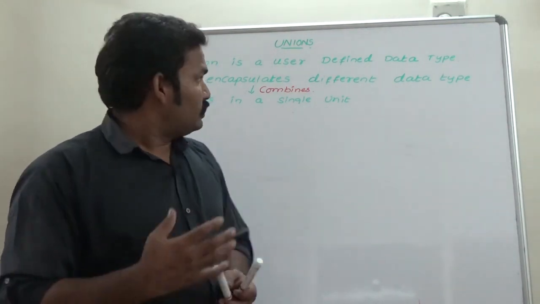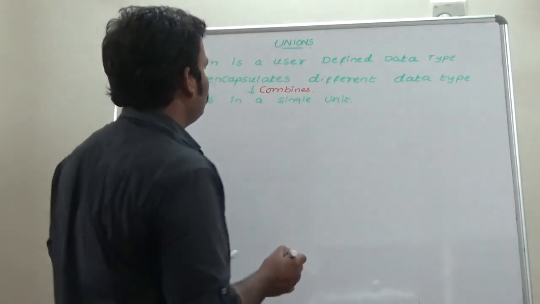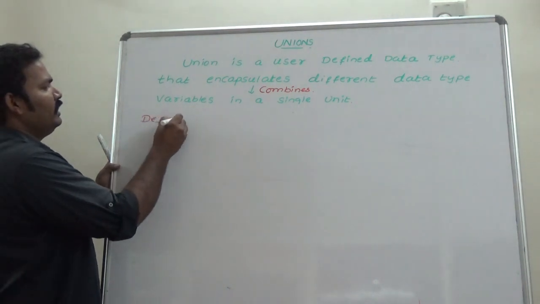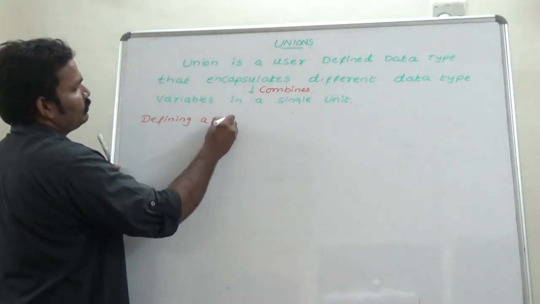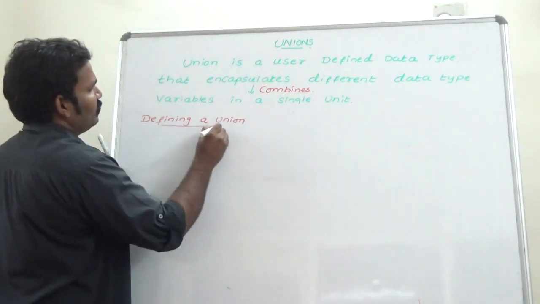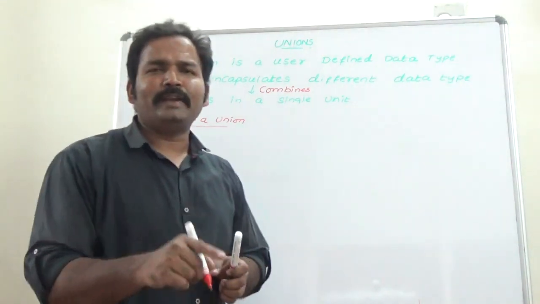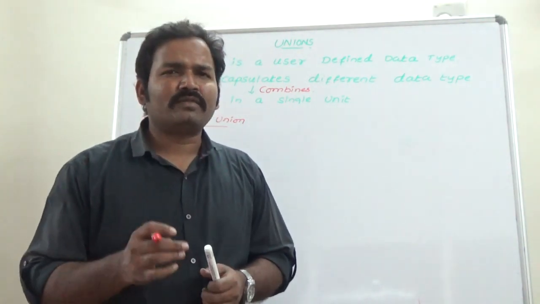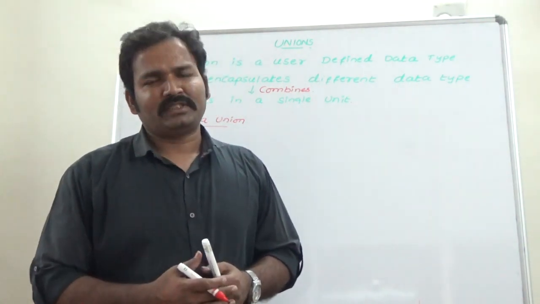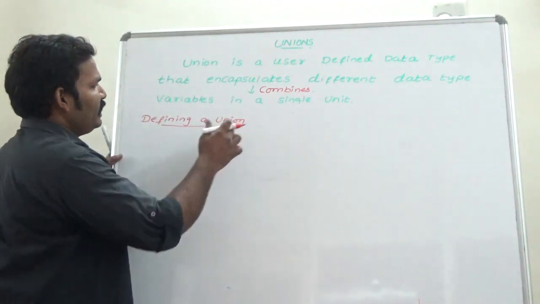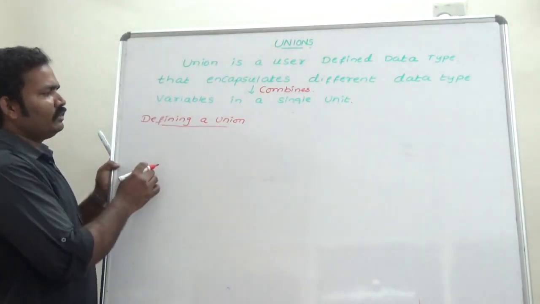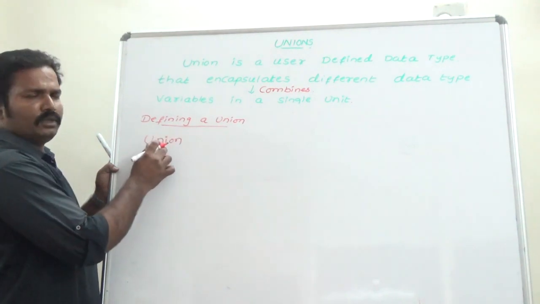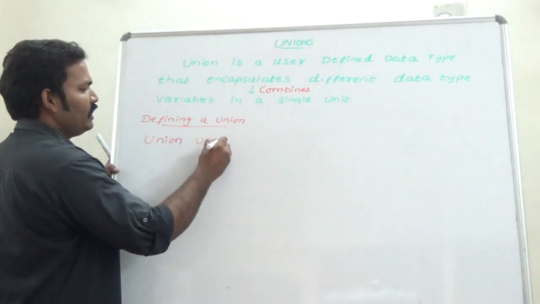Okay. So next, defining a union. Here structure is a collection of elements of different data types. Same as union is also a collection of elements of different data types. Okay. So defining a union. Here to define a union we use the union keyword, space, union name,